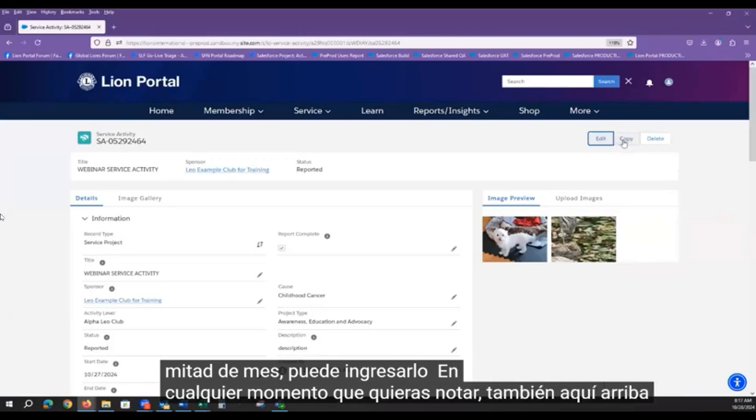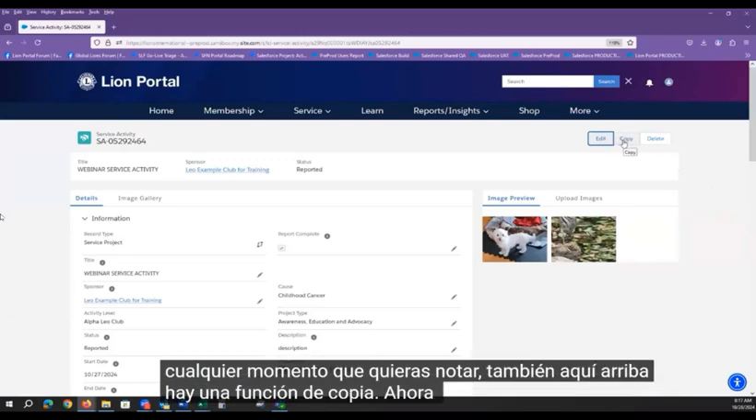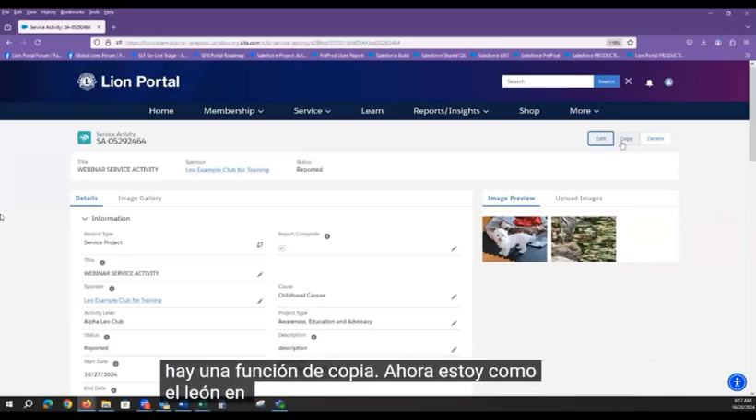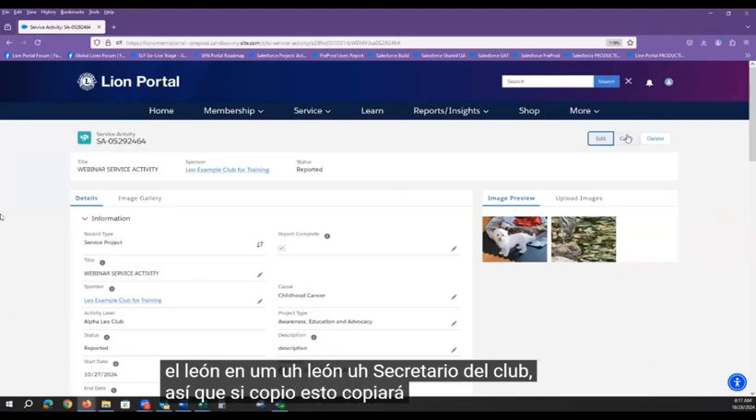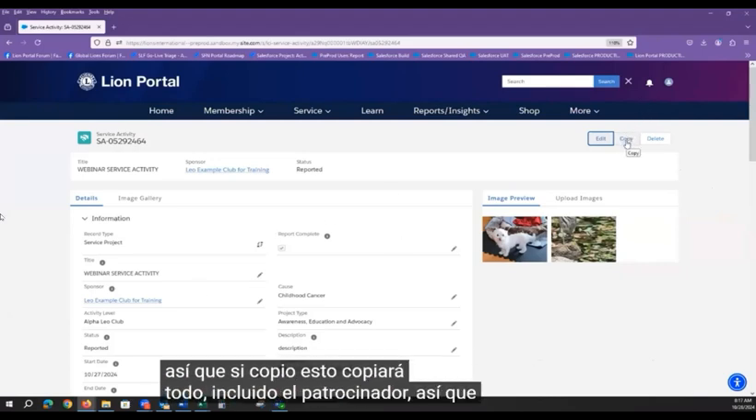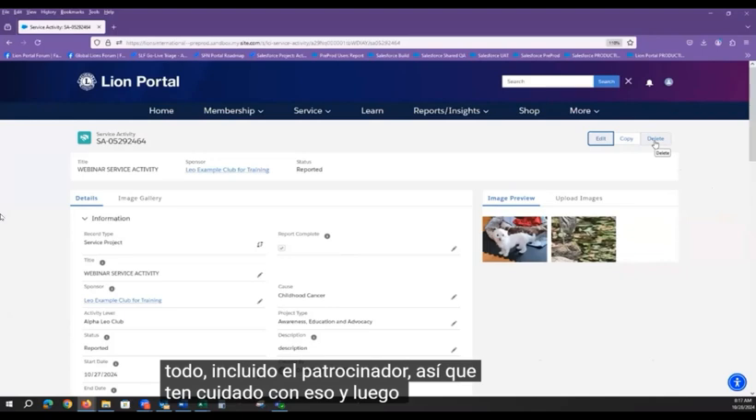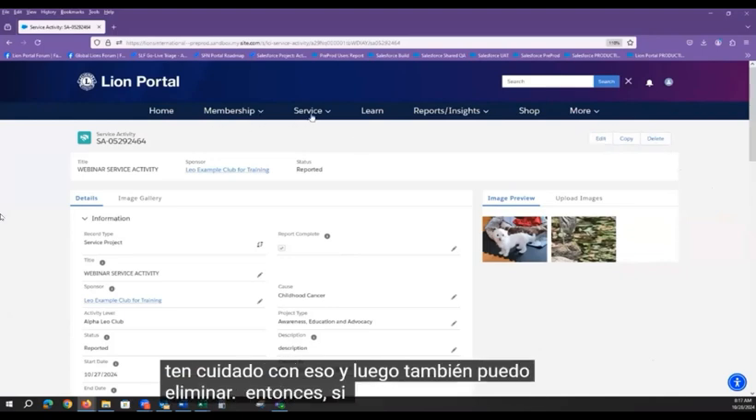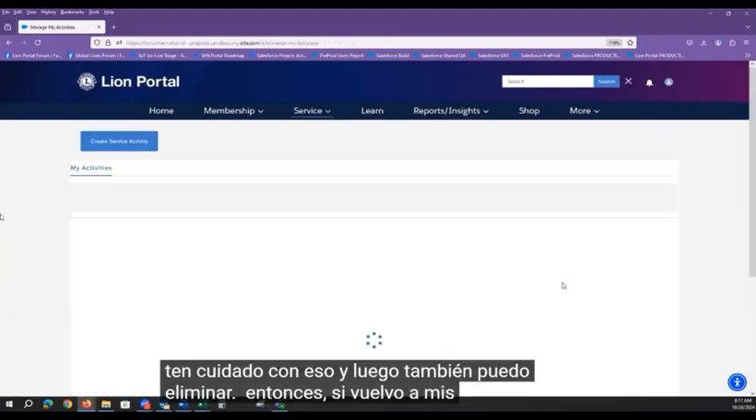Notice also up here, there's a copy feature. Now I am in as the Lion Club Secretary. So if I copied this over, it would copy everything, including the sponsor. So be careful of that. And then also I can delete. So if I go back to my service activities